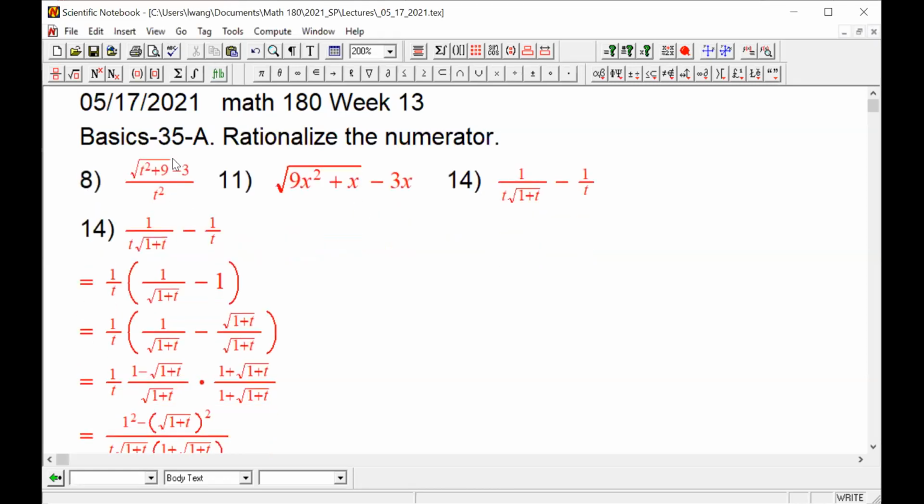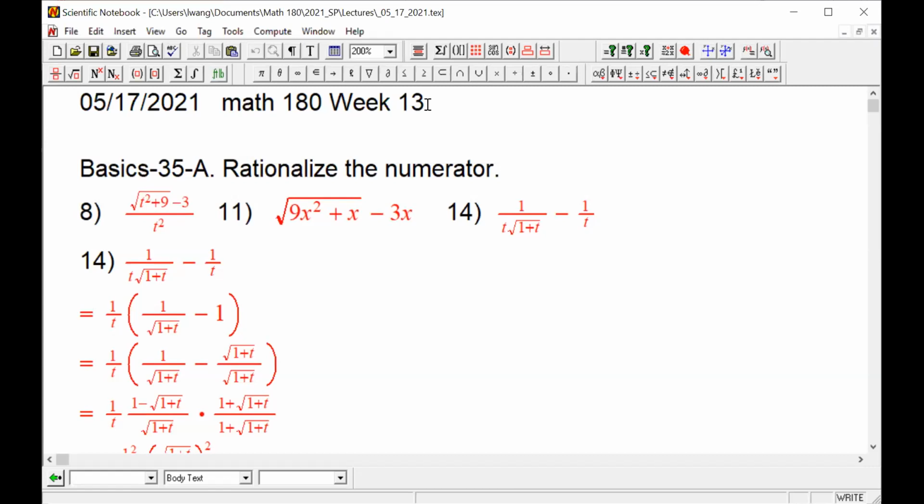Basic 36 is about factoring and the general theories about factoring. Even long division. Did you guys hear about long division before? Yeah. So basic 36, even though I didn't put a lot of questions there,